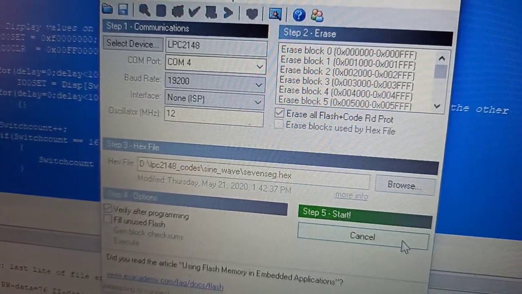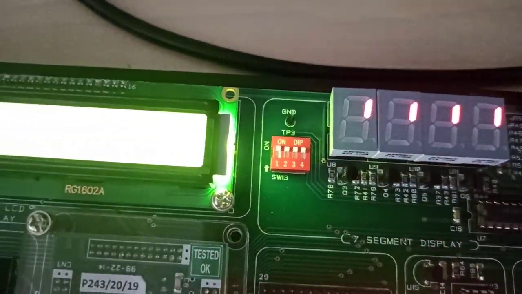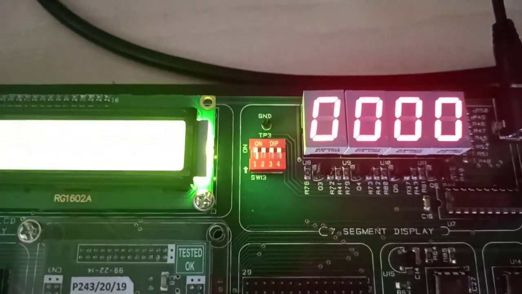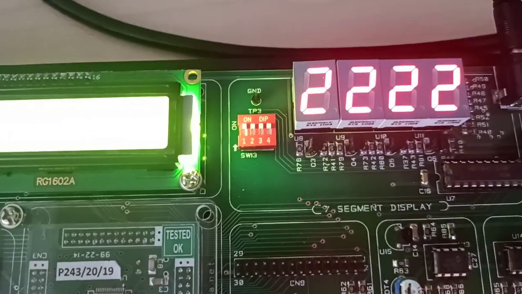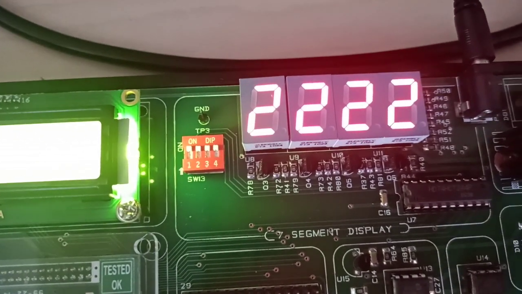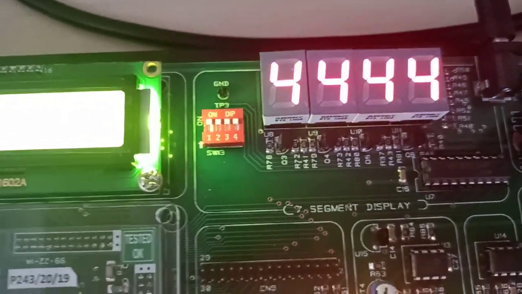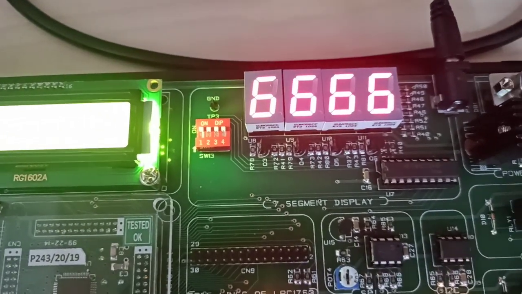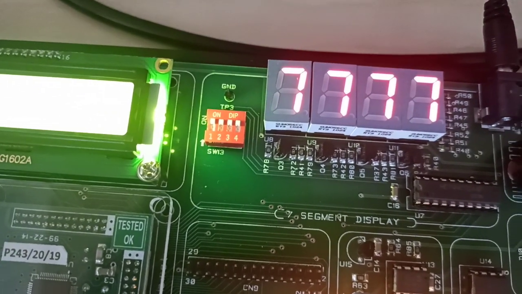No more connections. Directly start it. So here it will display. You can check, all zeros are there. All ones. I'll reset this again. So you can see here all zeros, then all ones, all 2, 3, 4, 5, 6, 7 till F. After F again reset. This is the output I will get across the 7 segment display.